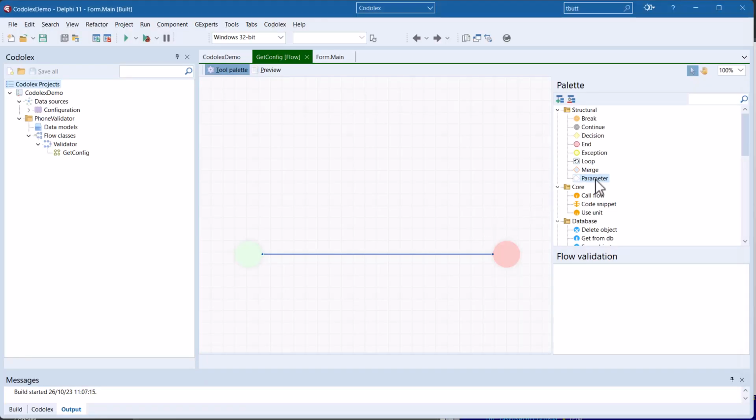In Codolex, parameters in a flow allow you to add input values when you call a flow. With parameters, flows can be made flexible and reusable. In this example, we will create a flow to get data from a file. We use a parameter to define a file path, and we will pass this parameter in when we call the